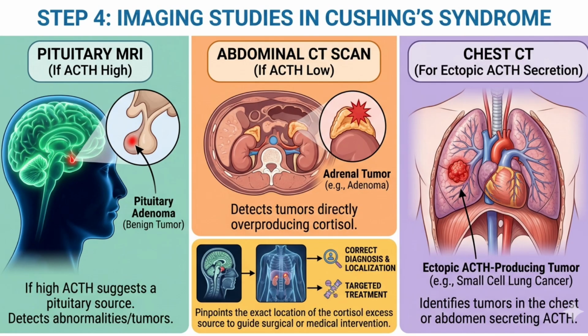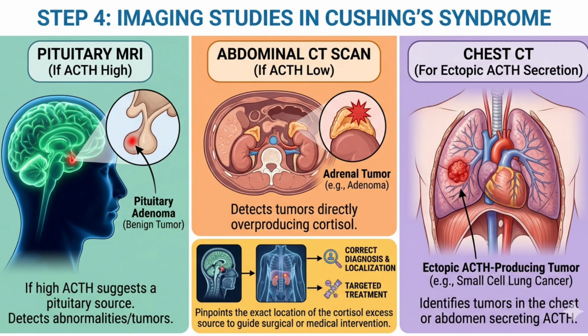After confirming Cushing syndrome and identifying whether it is ACTH-dependent or ACTH-independent, imaging studies are used to locate the source of excess cortisol. If a pituitary source is suspected, a pituitary MRI is performed. This helps detect a pituitary adenoma, which is the most common cause of Cushing's disease. If ACTH levels are low, this suggests an adrenal source. In this case, an abdominal CT scan or MRI is used to look for adrenal tumors or nodules that may